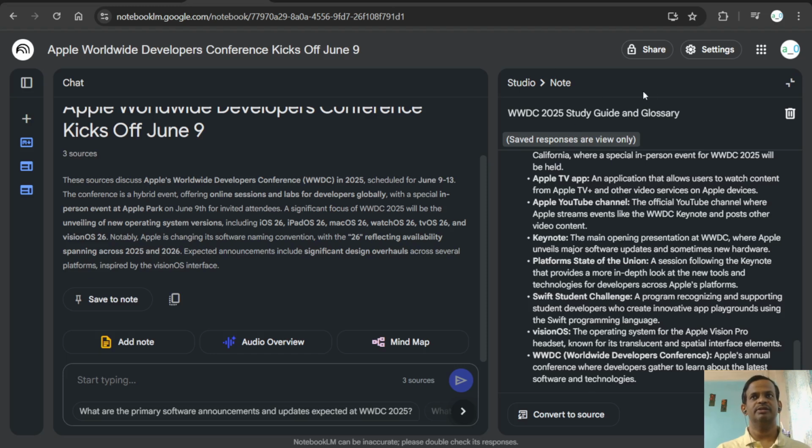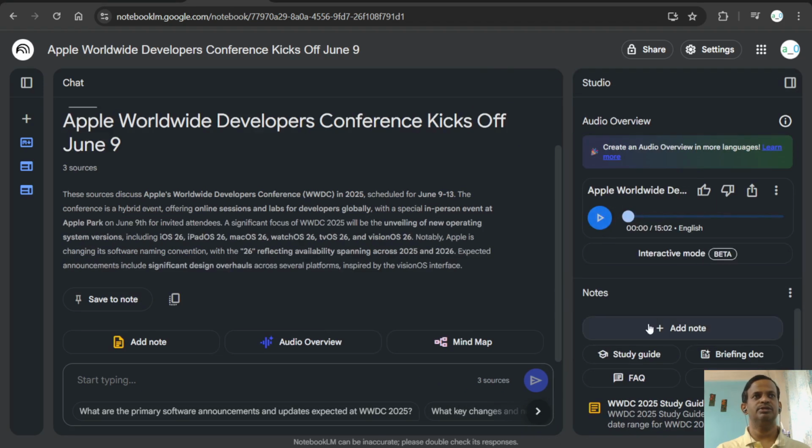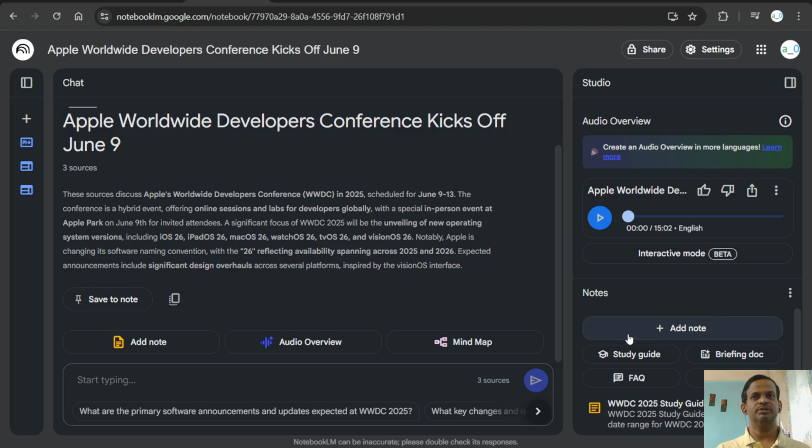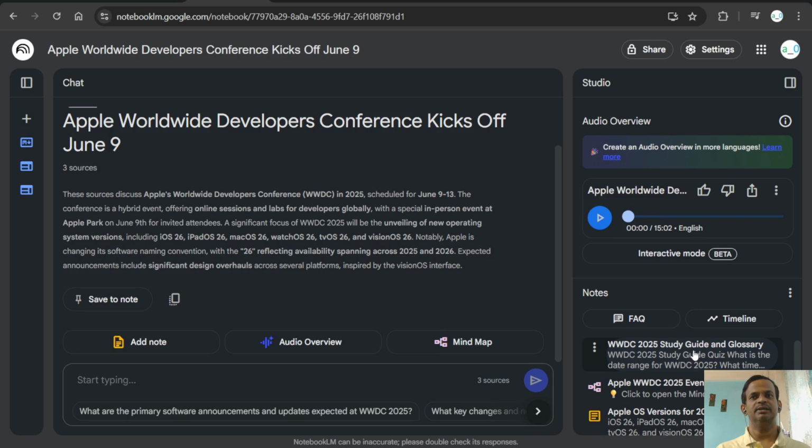So these kinds of terms or definitions are also mentioned. After converting this, you can convert it to a source as well. Not everything you need to convert into a source. Whatever information you want for more details, then I think that needs to be converted to a source. Here we have now generated